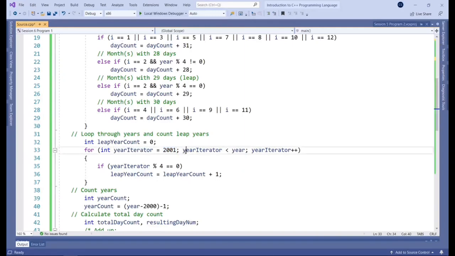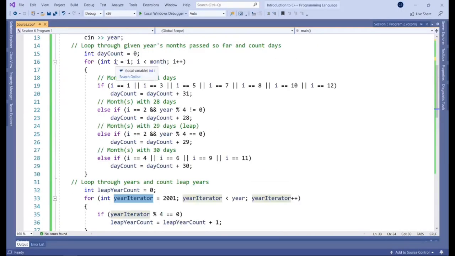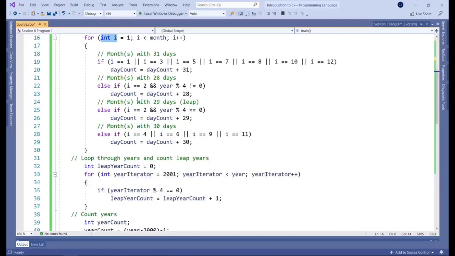And then notice how instead of calling this tracker variable i, as we had it named in here, and that in itself is something that you'll see quite often in programs. Programmers will often give the iterator variable a really simple name. You can always give it something a bit more meaningful. So in this case, we've named it the year iterator. So it would start at 2001.